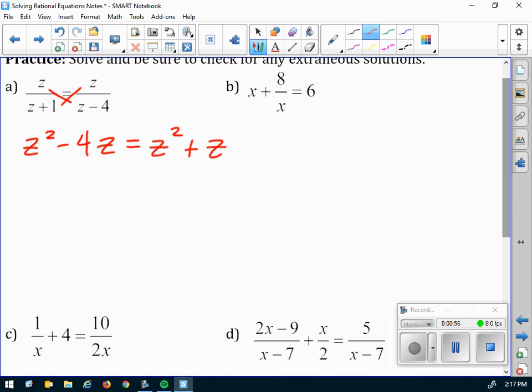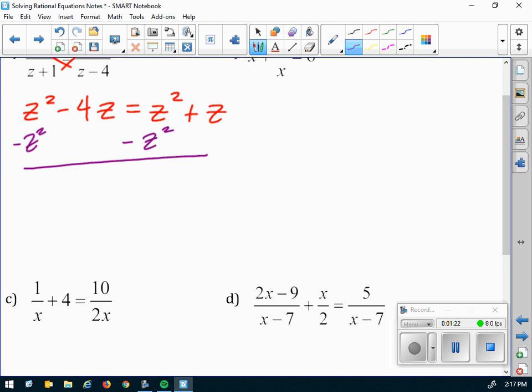What are we going to do? Okay, we're going to set it equal to 0. How are we going to set it equal to 0? You want to move the left side to the right side. Fine. So if we subtract z squared from both sides, let's do this one step at a time. I have a reason for that. What do we get? Negative 4z equals,